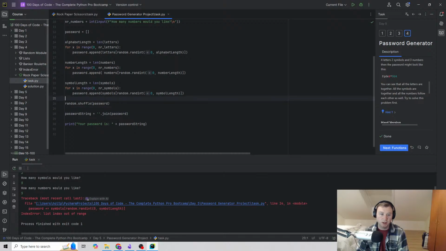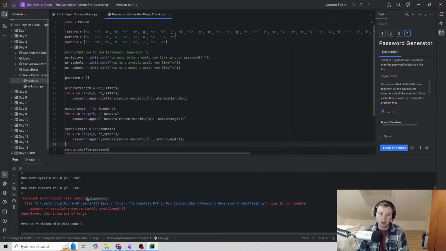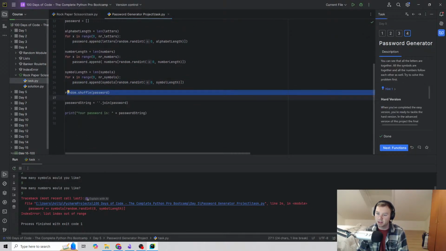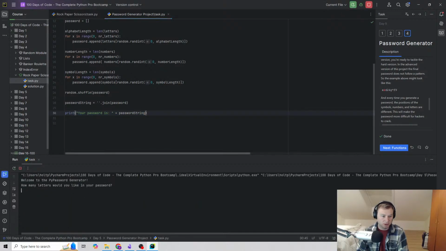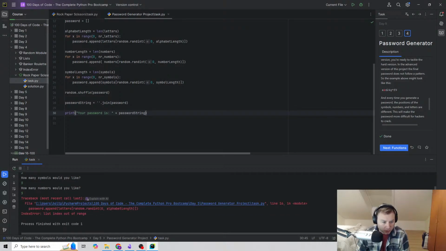It should be good. So let's talk through it. Now what we're doing is we're adding everything to a list. Same logic as before. But then we shuffle the whole thing, and that fulfills the hard version of the requirement. And then we're joining that, turning that into a string. So each of the characters are being added to this empty string, which is basically the same process we were doing earlier. And then we're printing that result. So if I go ahead and do 5, 5, and 5, oh,